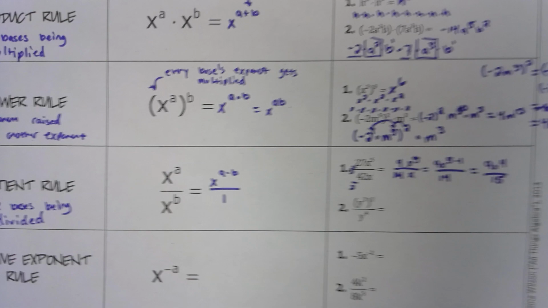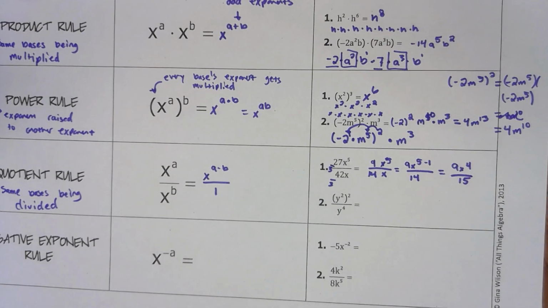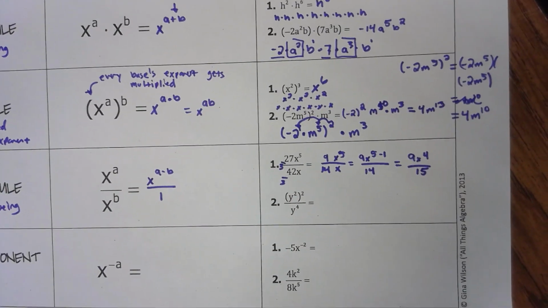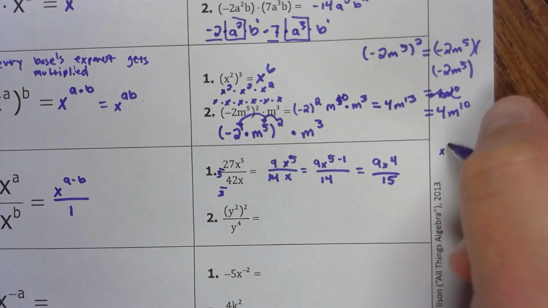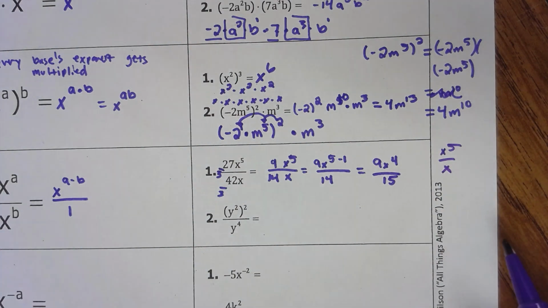Now, another way to kind of think about this property is to actually treat it like a rational expression, what we just tested on. And so what I mean by that is if I have x to the 5th divided by x,